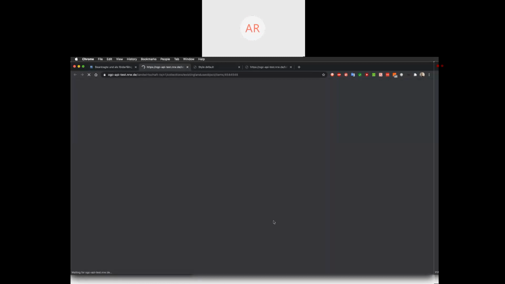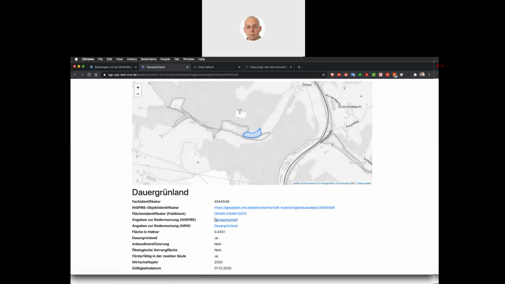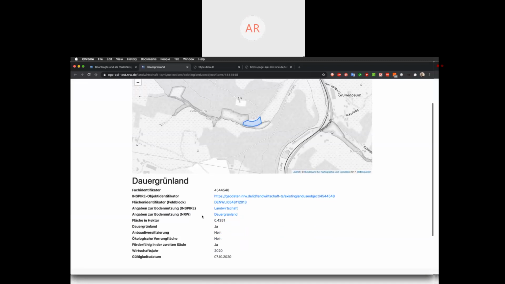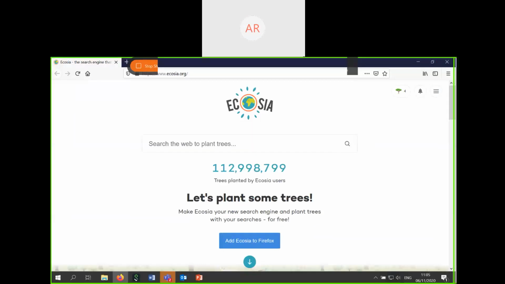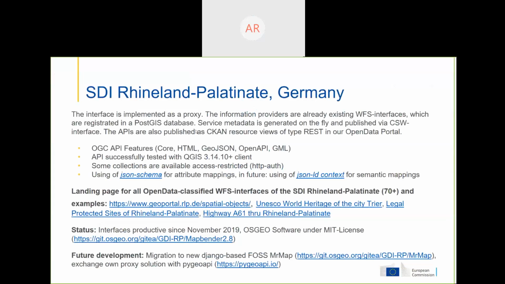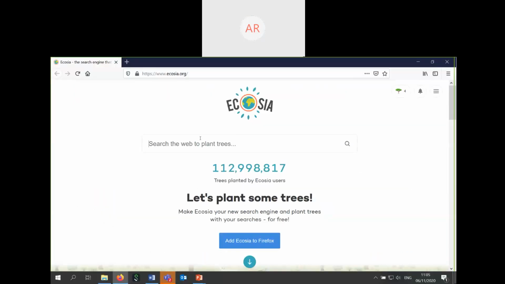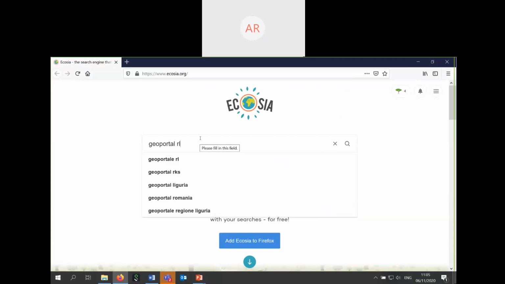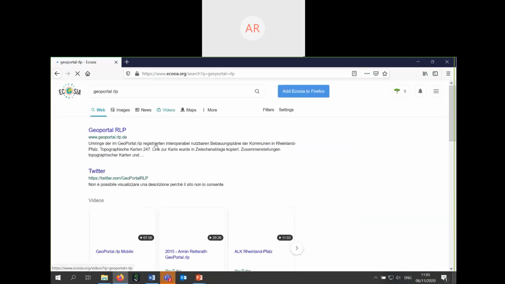Can you see the screen now? Yes, I see it. Excellent. So tell me what to do, please, Armin. Yes, okay. You may search in Google for Geoportal RLP, or maybe you click on the link in the presentation.